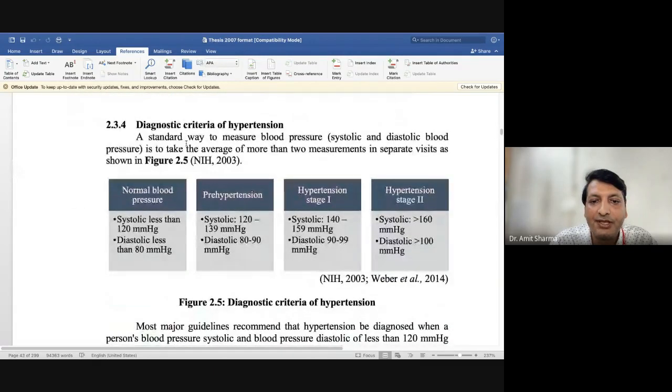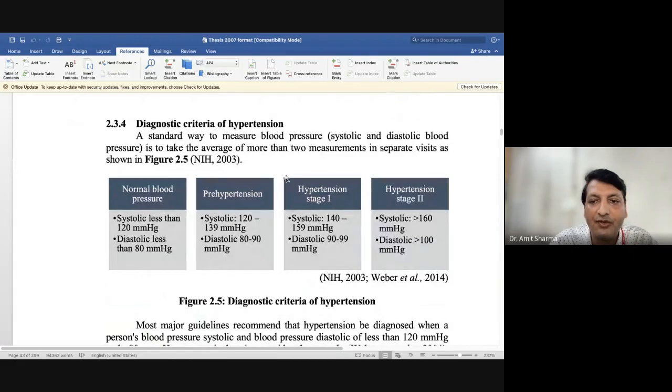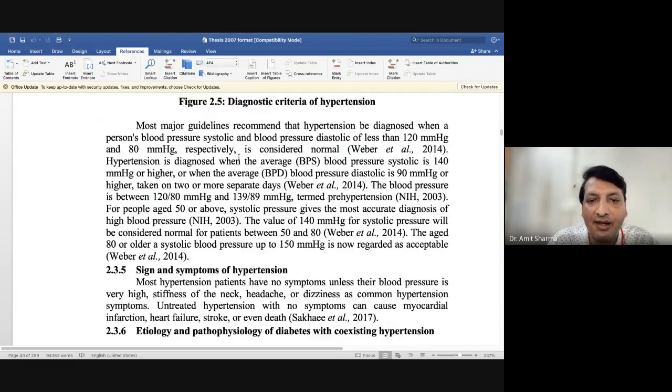For each and every thing which you have written, for example this figure 2.5, we have to cite it in the text. This we call citation of figures and citation of tables while writing the thesis.